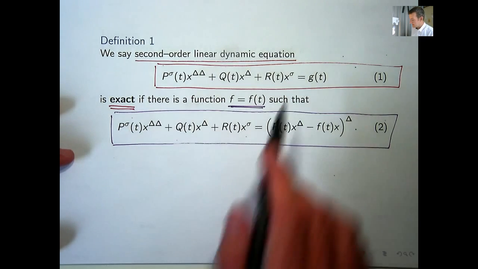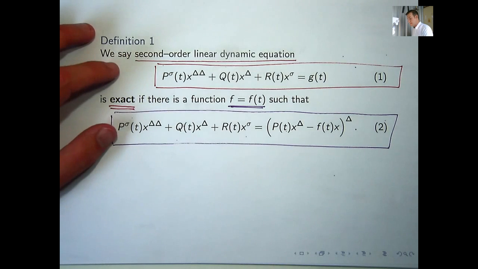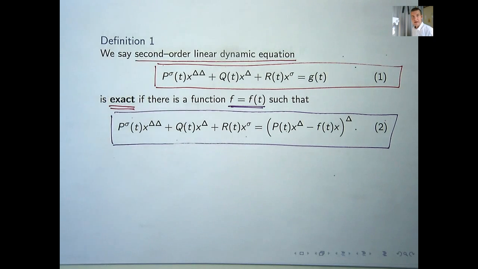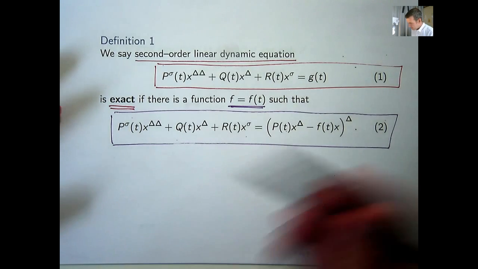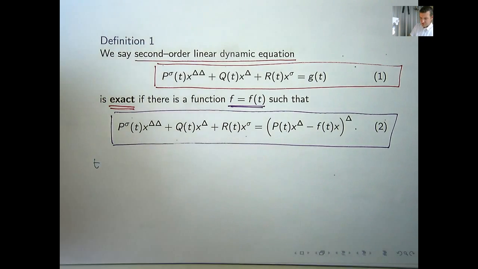I do have another video which gives all the basics of timescales and dynamic equations on timescales. So, if you want to get some background on the notation here, then I'll put a link to that in the video. Now, just to give you a little bit of background here, for those of you who just want to keep going,